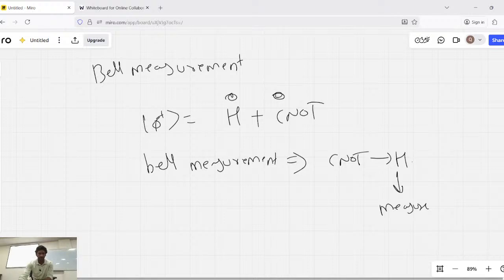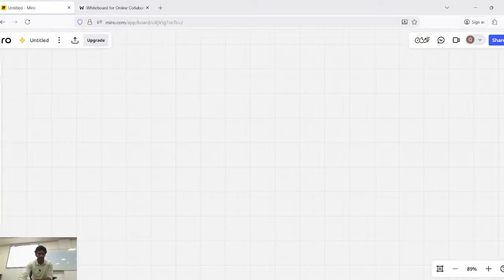Now one more thing about the Bell states. How can I exactly say that Bell states are of a different phenomenon? Very simple. There is something called the CHSH inequality, which directly gives a simple sum. That is, when I have two qubits and I'm trying to find a probability of those two qubits,